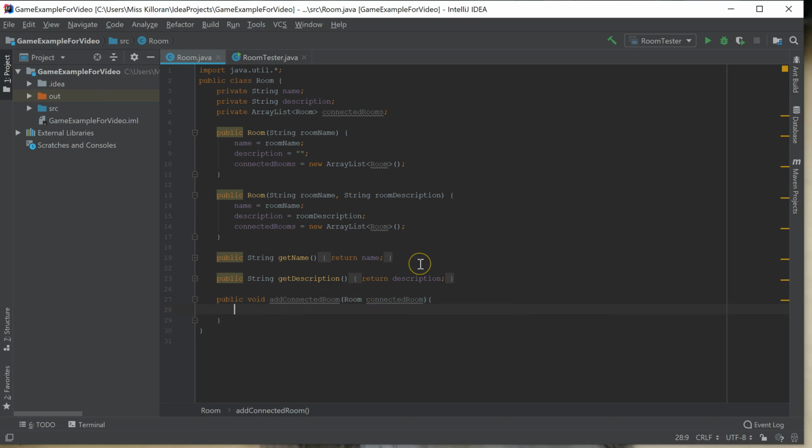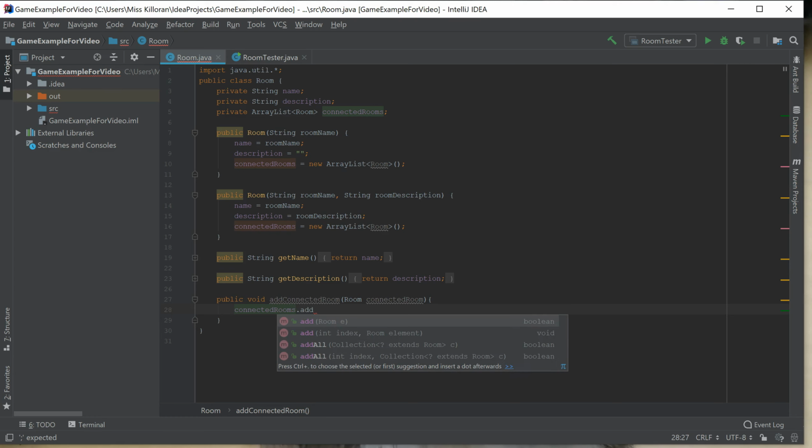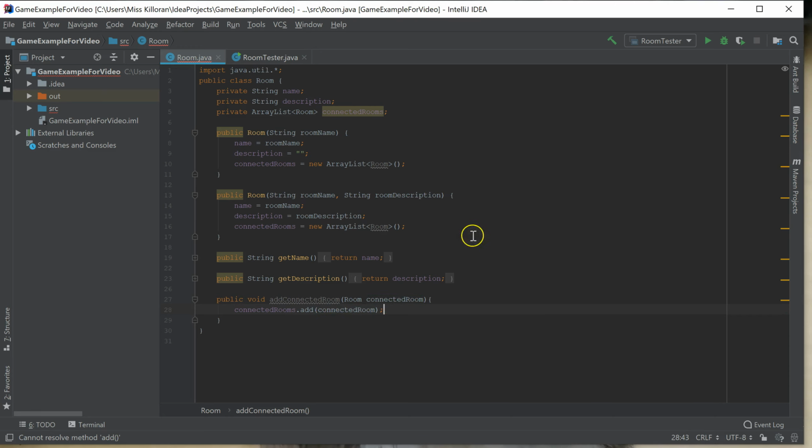And inside this function, all I'm going to do is take the connected rooms array list and add that connected room. So using the .add function, we're able to add that to the array list. Now, because an array list is a dynamic data structure, we haven't predetermined the size, and we can keep adding items to it, and it will just grow to fit those items. So in this particular case, we now have an add connected room to the array list,